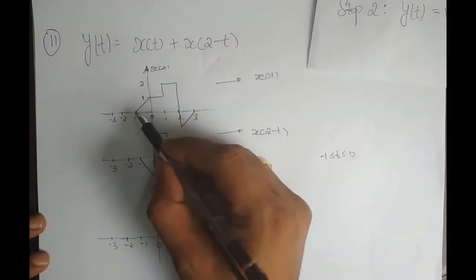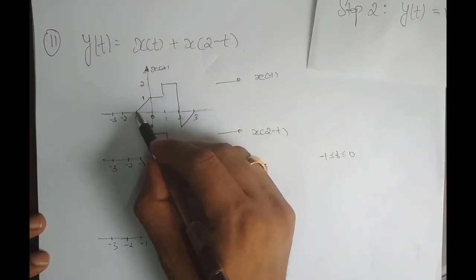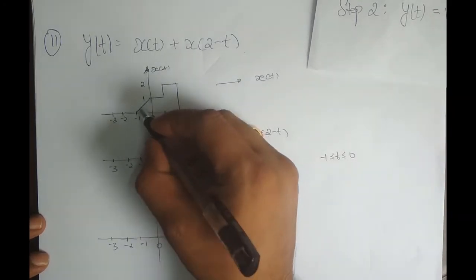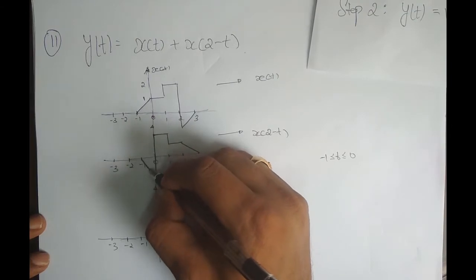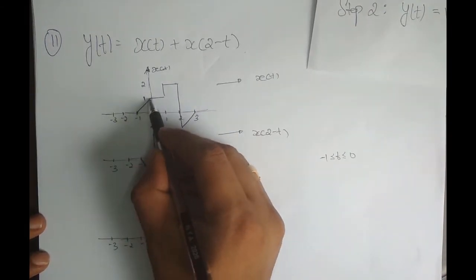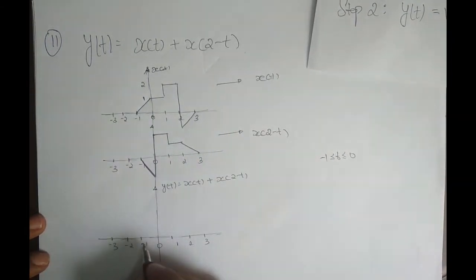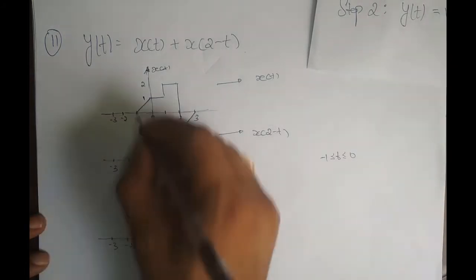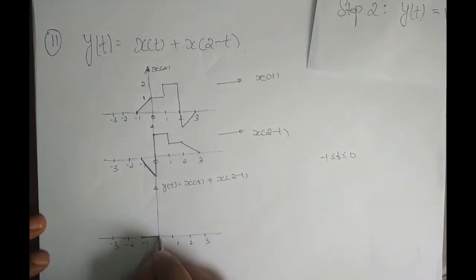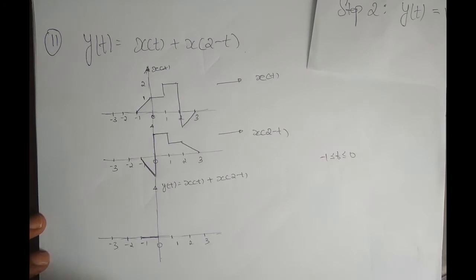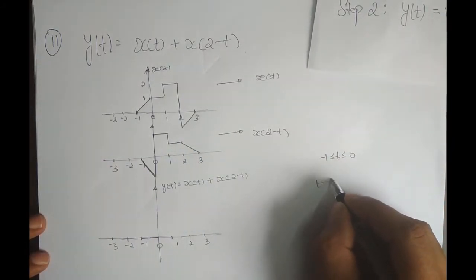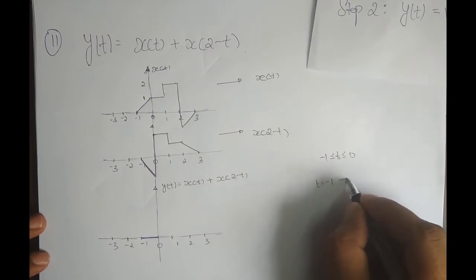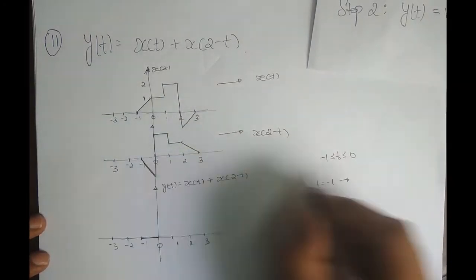So what's happening? The first signal is a slope with the value 1, which is rising, right? Here the slope is falling. So the slope is rising in the positive direction and falling in the negative direction. So what happens actually? These two slopes cancel out. I end up with 0, right? But we will check it. So at t equal to minus 1, what is the amplitude of the first signal? The amplitude of the first signal is 0, the amplitude of the second signal is 0, and 0 plus 0 is 0, right?